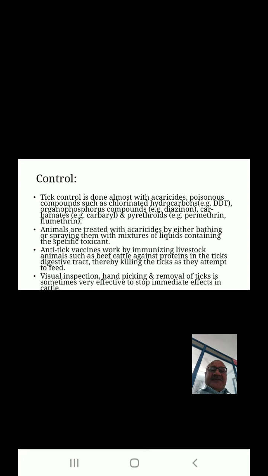Control of the tick. Tick control is done almost entirely with acaricides, poisonous compounds such as chlorinated hydrocarbons, for example DDT, organophosphorus compounds, for example diazinon, carbamates, that is carbaryl, and pyrethroids, that is pyrethrin and flumethrin. Animals are treated with acaricides by either bathing or spraying them with mixtures of liquids containing the specific toxicant. Anti-tick vaccines work by immunizing livestock animals such as beef